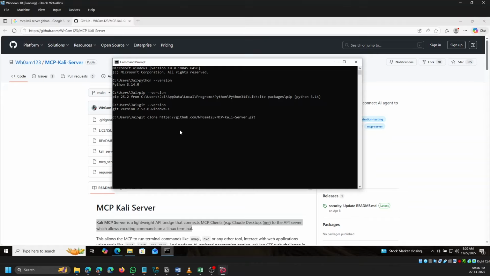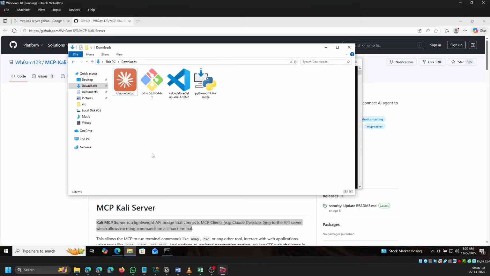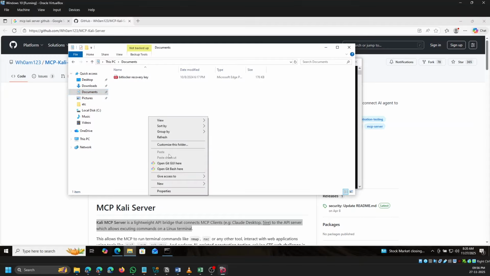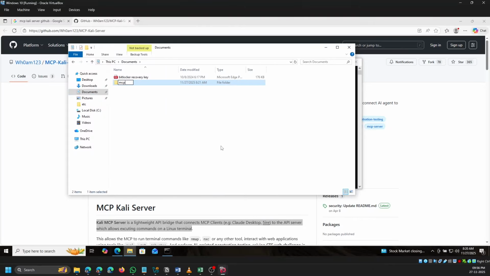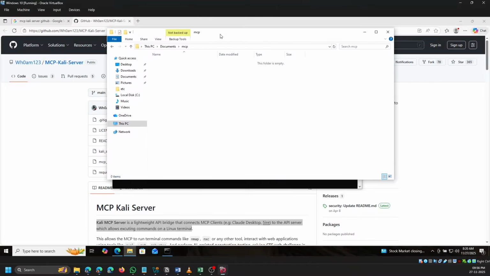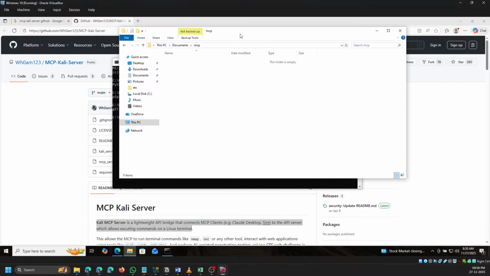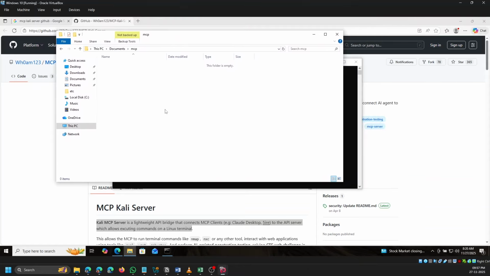I just paste it over here, and then, okay, before cloning this, it's a good practice to create a new directory. So we can open a new directory somewhere. I'll come to Documents, and then let me open up a new folder here and name this folder MCP. Now I would like to clone the GitHub repository inside this directory, so it's better to open this place inside the terminal. I'll just go over here and simply type cmd,